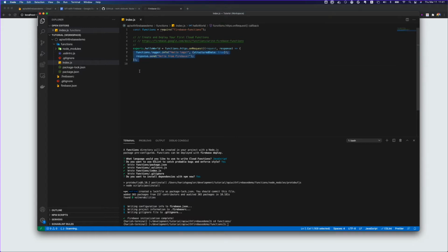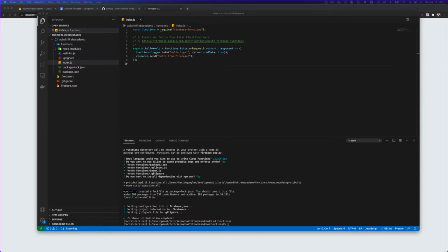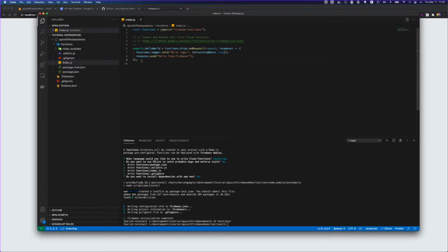So which is not a good way to do it. So what I will be using is Express. Express is basically a JavaScript Node.js based library, which gives you a lot of functionalities where you can create an Express app. You can control what kind of routing you want to do and how you want to control routing. So I will be using Express, but if you want you can use this default thing also.